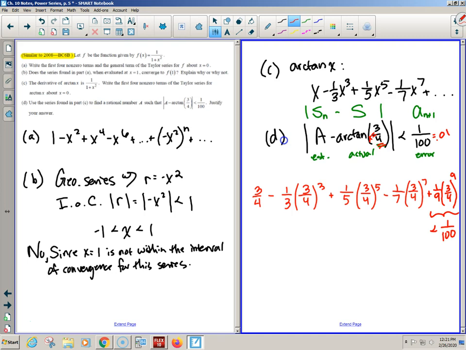To be honest, the wording that Joe is asking for not being there is very much to our benefit, because we just need to find a place where we are for sure. And then, wait a minute, what are they actually asking for? Find a rational number A such that. So if this term is less than 1/100, then don't I, oh, wait a minute. Isn't it the sum of all the ones that came before because of the alternating series estimation remainder theorem? I can say, oh, sweet, since